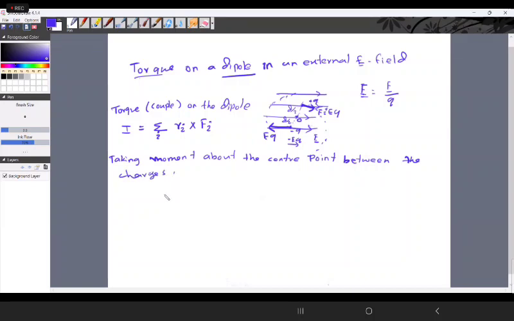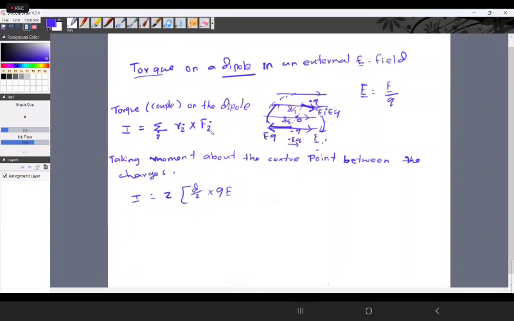Between the charges. So if we take that moment, how can we do that? This is along this direction. The displacement is d by 2 along this direction, and we will have the same side or the same direction. See here, clockwise, right? This is clockwise, and this is also going in the same clockwise direction. So we can have the answer as 2 times the displacement d by 2 cross the charge q